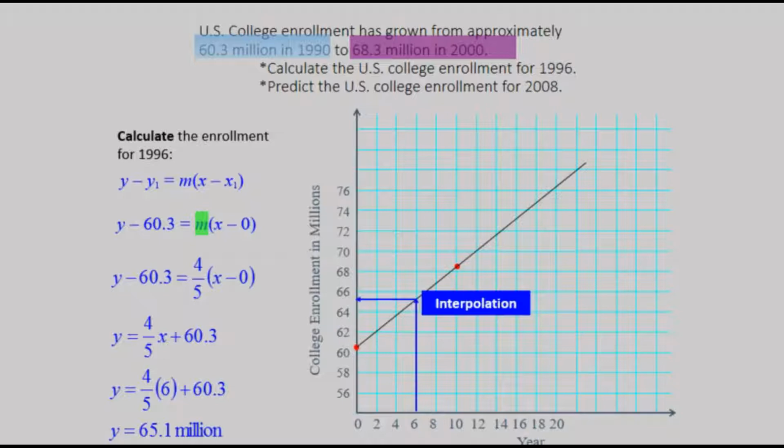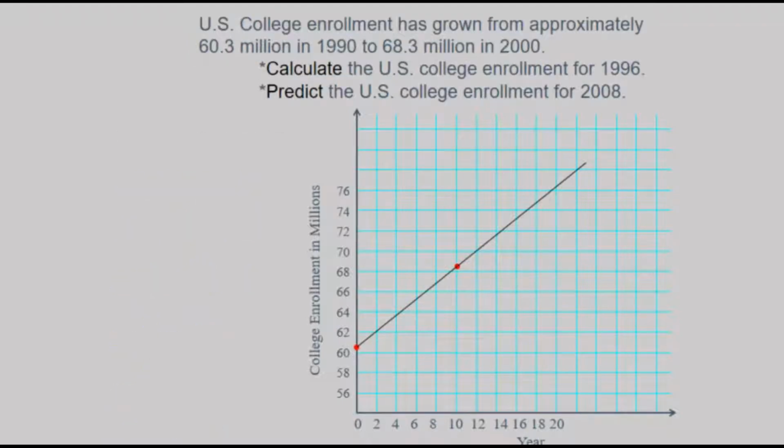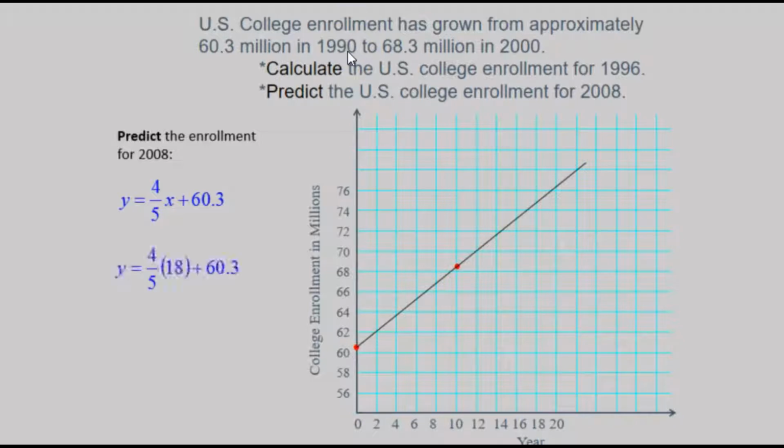To answer the next question, which is to predict enrollment for 2008 beyond the latest data that was given, we will again go to our equation. 2008 is 18 years beyond our scale here, or beginning value of 1990. Replacing x with 18, simplifying the formula by multiplying first and then adding, gives us an answer of